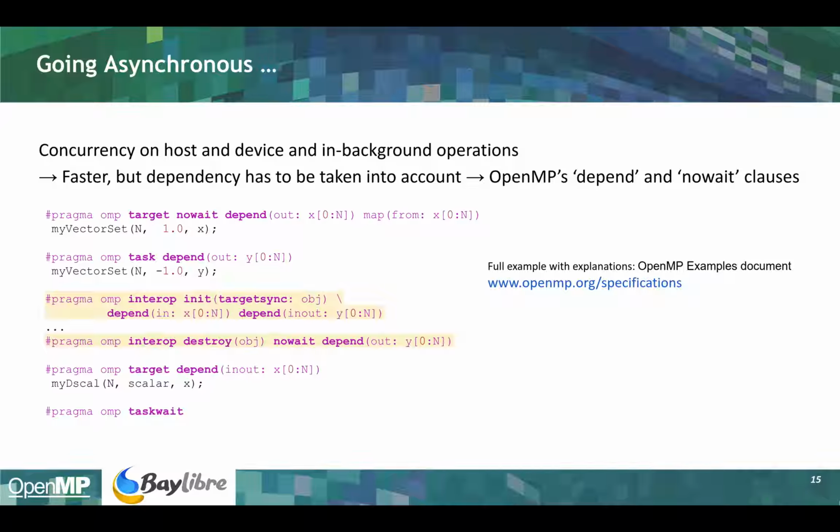Now comes the interop init for creating a streaming object. This one cannot really be asynchronous because when we start the runtime library, BLAS calls and so on, they don't know anything about dependencies, so the interop init is blocking on OpenMP. So we have to depend in. But once that's fulfilled,